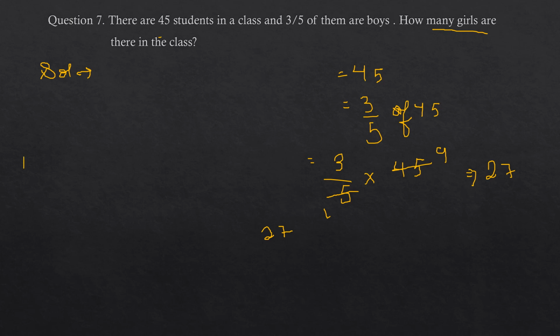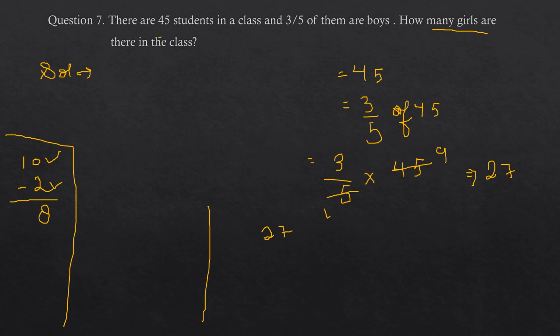Suppose you are having 10 chocolates. Okay, let's keep it here only. Come to this situation. You are having 10 chocolates, and out of 10 you gave 2 to your sister. And now if I ask how many chocolates you are left with now, you will simply subtract the number of chocolates you have given to your sister from the total number of chocolates, right? And this will be 8, means you are left with 8 chocolates now.